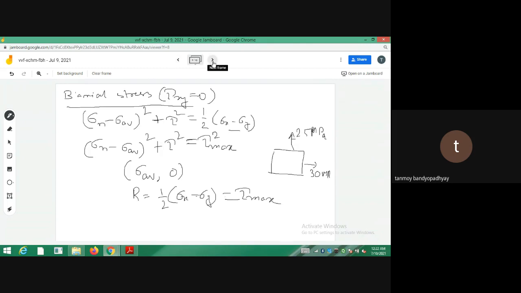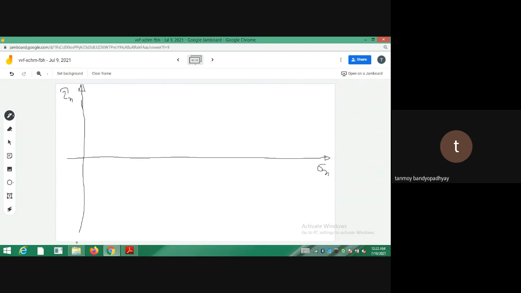So the best thing generally that we do is we plot the 2 points. How do we plot the 2 points? Generally assuming the y stress is smaller and the x stress is bigger, I'm drawing that case. Initially you draw the coordinate system which is sigma n and tau n. Then you mark off 2 points. Please try to follow, I am also working on the construction of the circle. So this one is sigma y and this one is sigma x. The coordinate of this point is sigma x comma 0 and the coordinate of this point is sigma y comma 0. Let me call this point A and this point B. Okay?